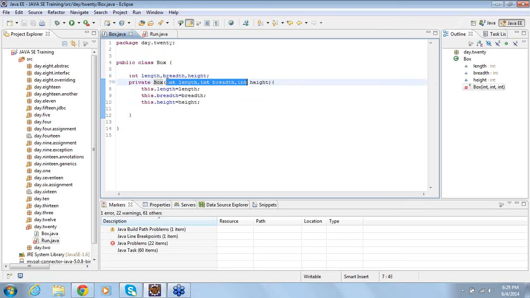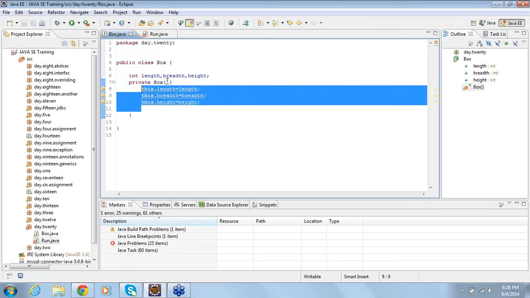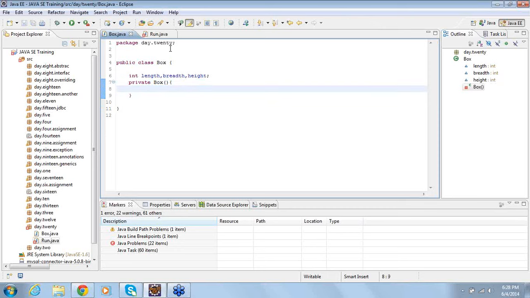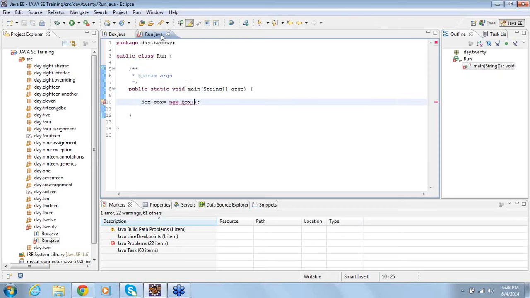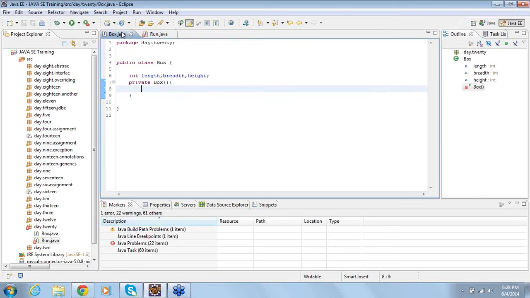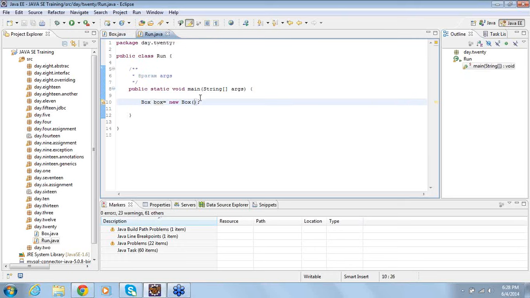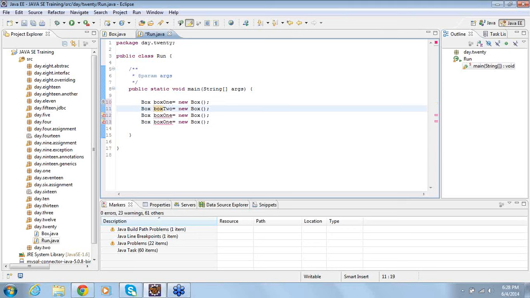So there is a design pattern called the Singleton design pattern. Every time I create an object, if you observe here, I created box 1, box 2, box 3, box 4, so I have 4 objects.